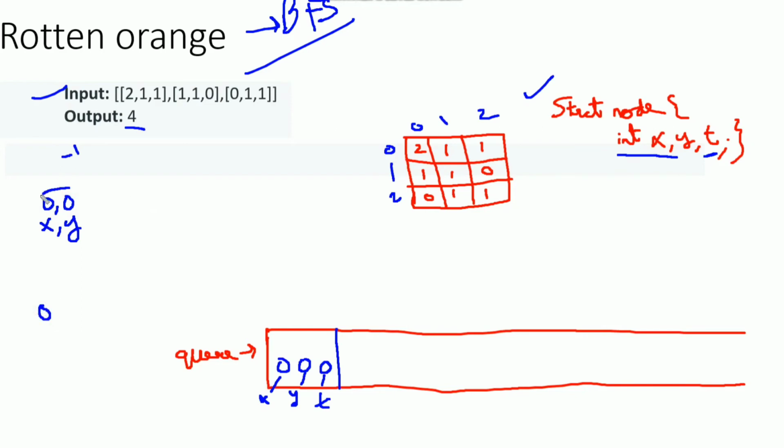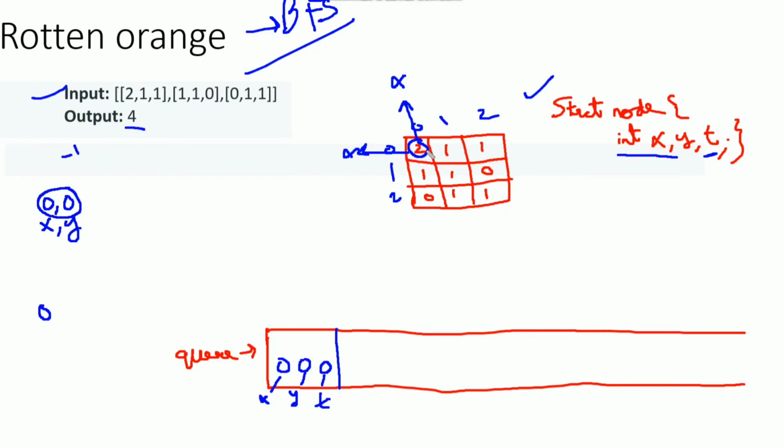Now from this cell location we can traverse in 4 directions: up, down, left and right. We can't move up because it's crossing the matrix boundary. We can't move left, so the directions are only right and down.